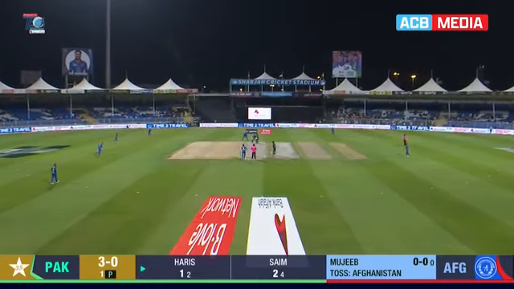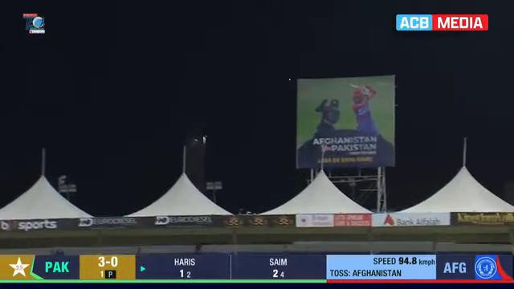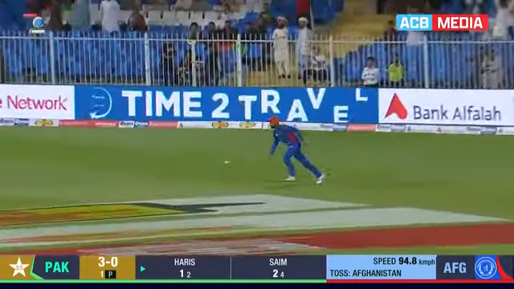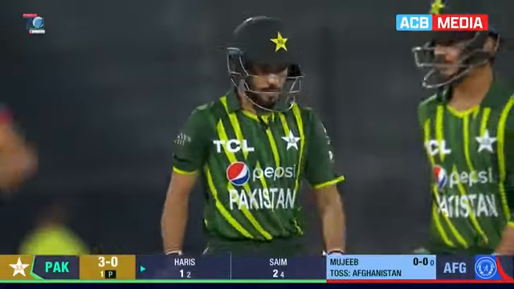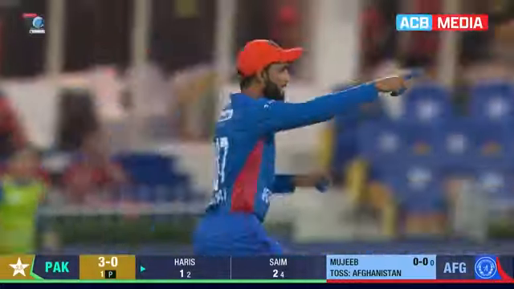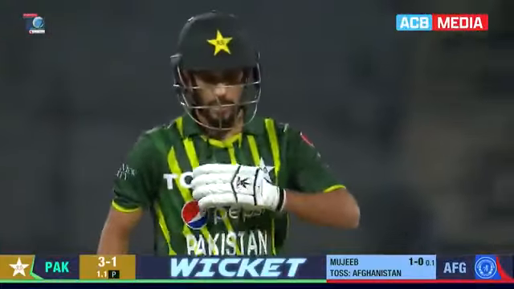New ball against Mohammad Harris. He goes aerial, hits the ball straight to the fielder, and the first blood drawn through Mujib in the second over, and it's Mohammad Harris who's been dismissed. Yeah, comfortable catch out in the deep. I think that's Usman Ghani